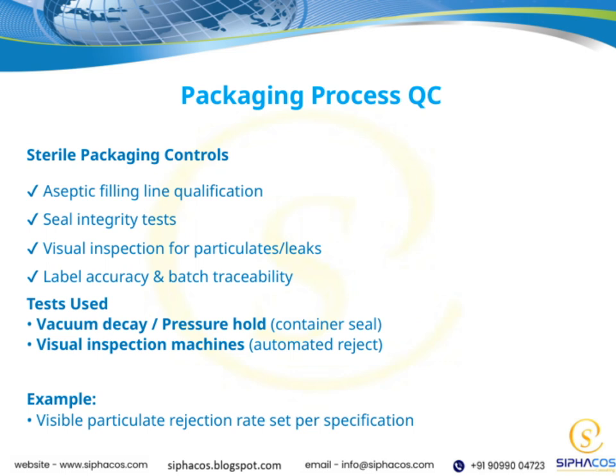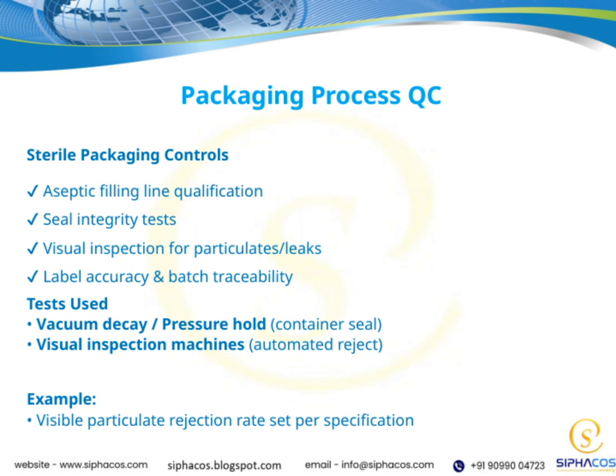Visual inspection is also critical. We look carefully for any particulates or leaks that could compromise product quality. Additionally, we verify label accuracy and batch traceability to ensure everything is correctly documented and can be traced back if needed. To support these quality controls, we use specific tests such as vacuum decay or pressure hold tests to check